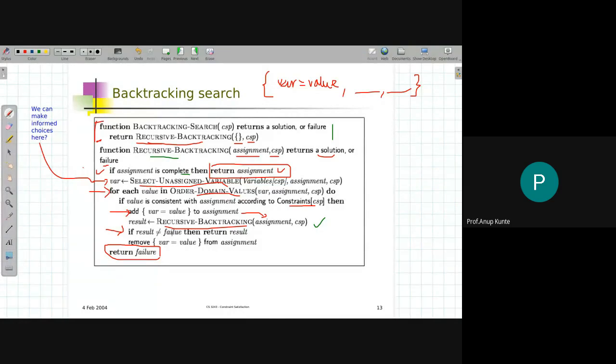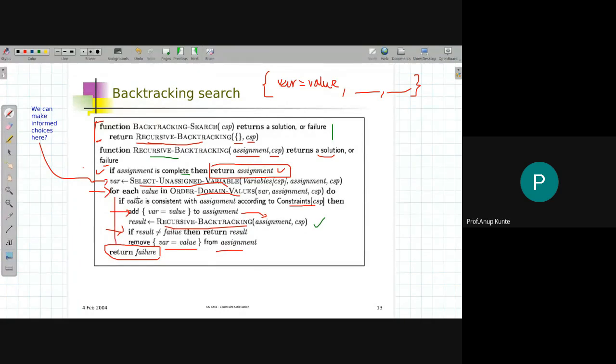Otherwise, if it is equal to failure, that means this assignment that I made probably does not lead towards a complete assignment. So when the variable has this value in the assignment, it may not lead to a complete assignment later. What it means is my current value assignment to this variable might be wrong. For this, I remove this pairing, var equal to value, from the JSON object or dictionary. I remove this pairing from the assignment, and this whole thing is in the for loop.